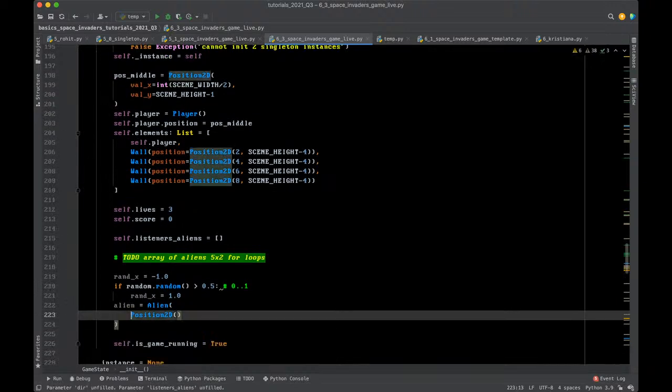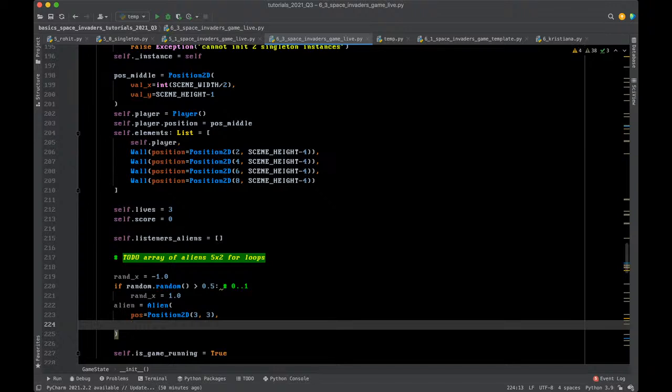So here, the first one is position. The first position will be 3, 3, 3. Then the direction, I think the second one was direction, right? Direction will be a vector to the rand